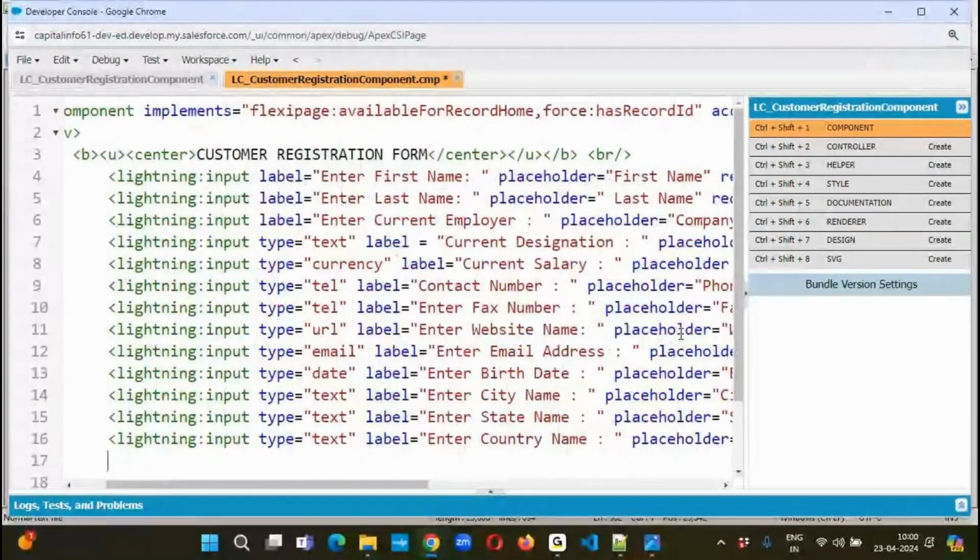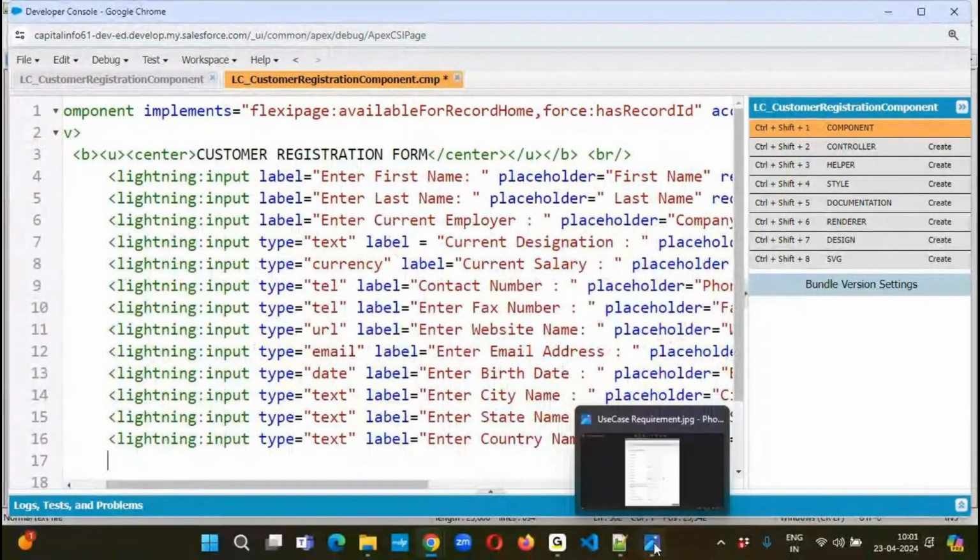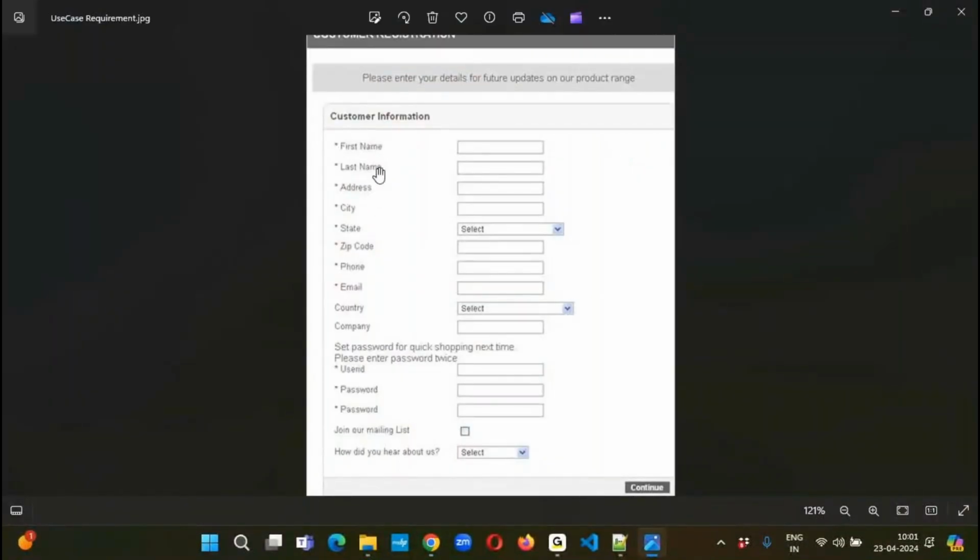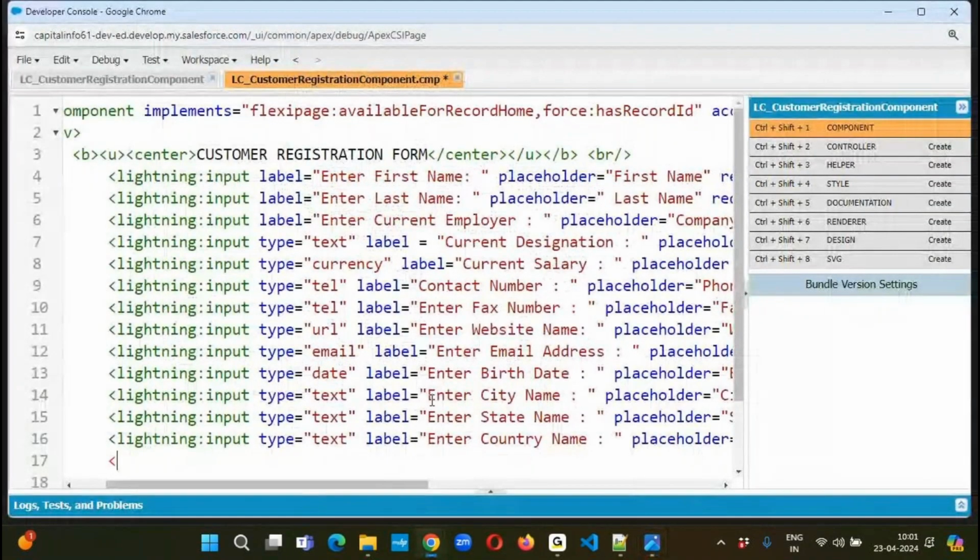Now we have entered some data here. Then what other fields do you want? We have entered first name, last name, address in the city, and the phone and the email, company name also here. Now I would like to place user ID, password, confirm password. Now I would like to specify Lightning input. Type equals to text, label equals to enter username,